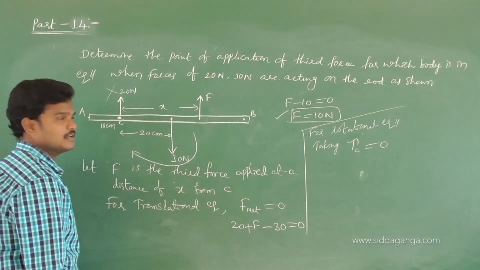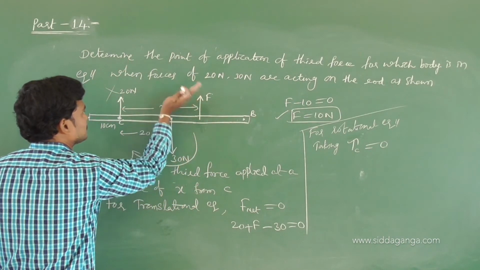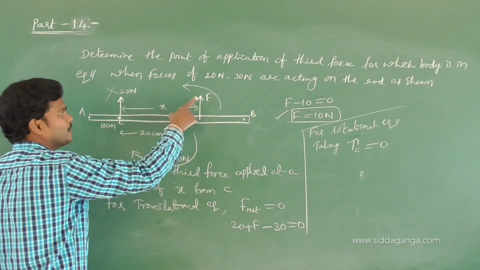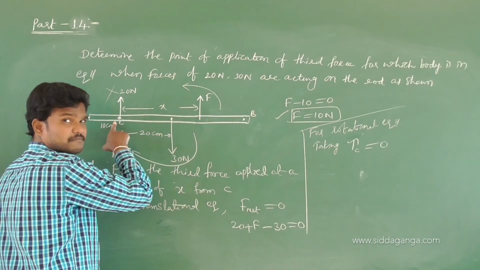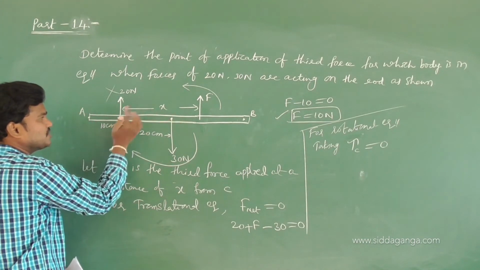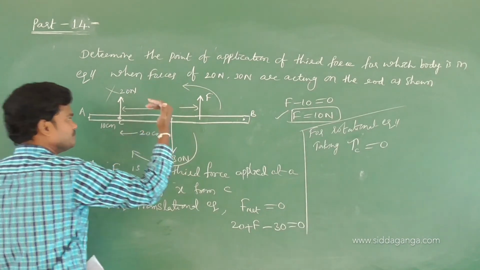anyhow 10. This will create a torque in this direction. Observe carefully. Arrow tip left. C is left side, positive. I think you remembered. Due to this, about C, anti-clockwise. Due to this,